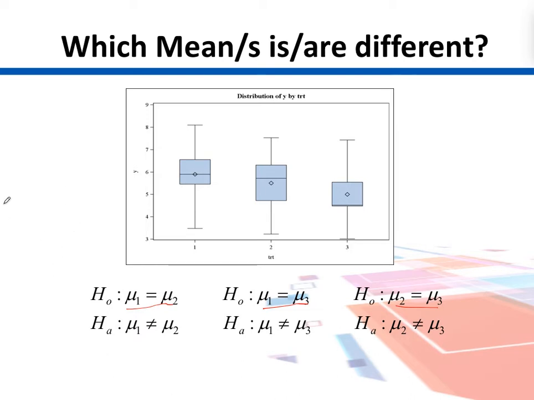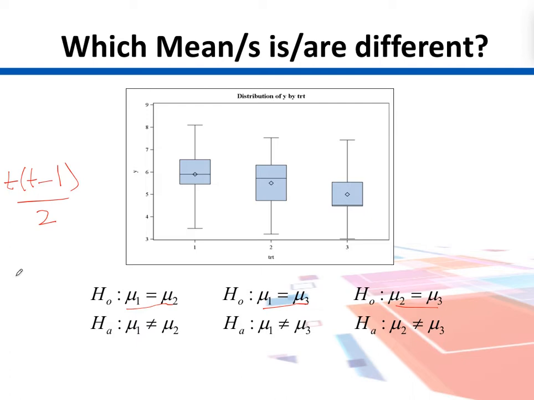But if the number of treatments increases, this number goes higher, and the formula it follows is T into T minus 1 divided by 2. So if our number of treatments is 4, it will be 4 into 4 minus 1 by 2, that is 6 possible comparisons. And if we have 5 treatments, we will have 5 into 5 minus 1, that is 5 into 4, 20 divided by 2, 10 possible comparisons. So as the number of treatments increases, the number of possible comparisons also increases.